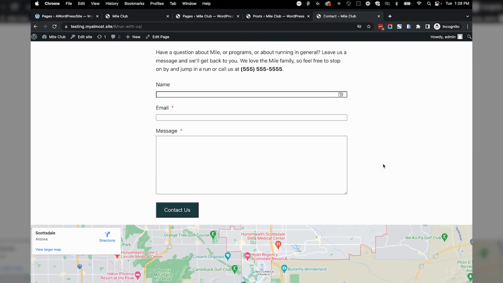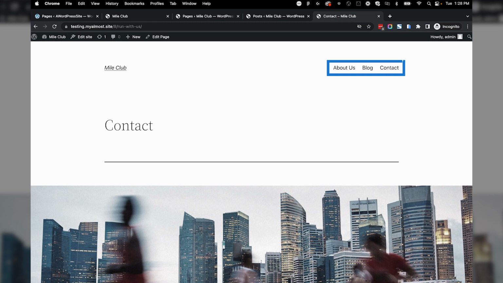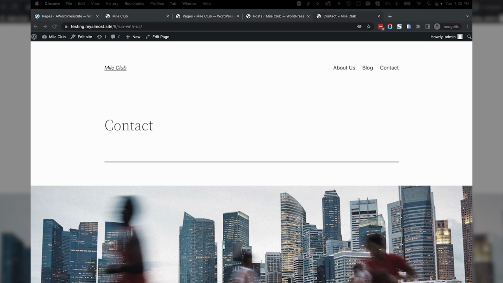Pages usually show up in your site's primary navigation menu, which is across the top of the site in this example. If you install a theme on your site, it will usually come with some pages pre-installed, making it easier for you to just edit out the information on the page, and the navigation is already built out. Or you can build new pages from scratch and add them to the navigation menu. We will get into that topic later.